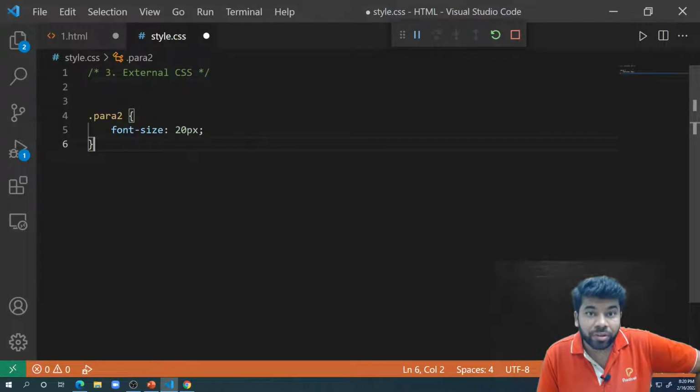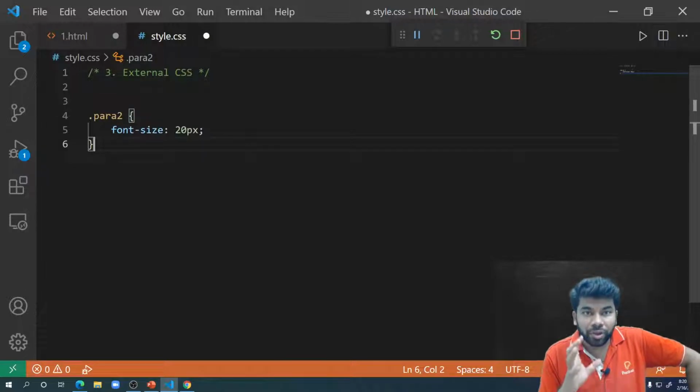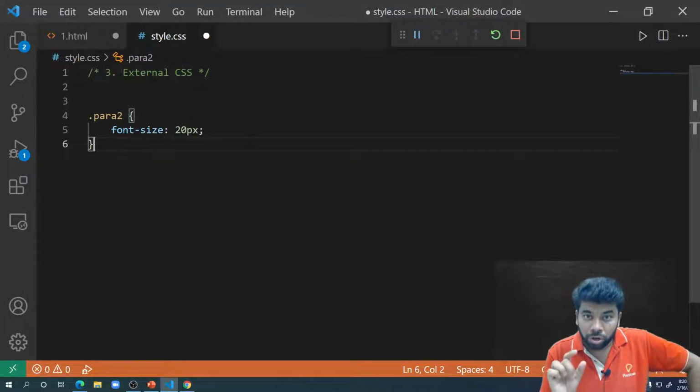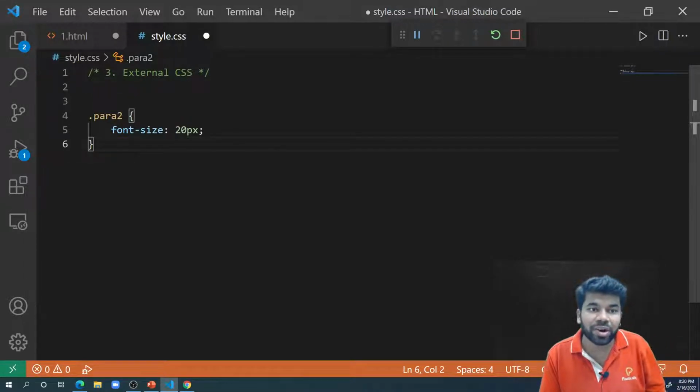In the external CSS, we write the CSS code in a separate file. It is a .css file, whatever the name of the file: style.css, 1.css, or whatever the file name would be. .css would be the extension. And before writing the code here, first we have to link this